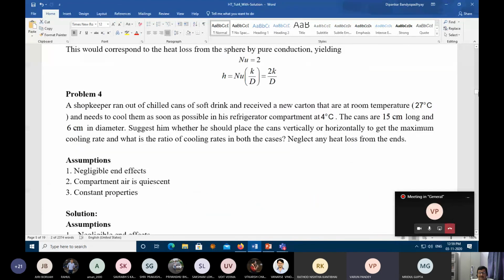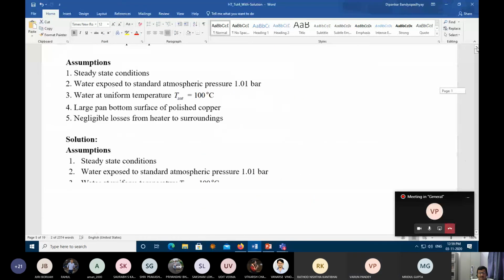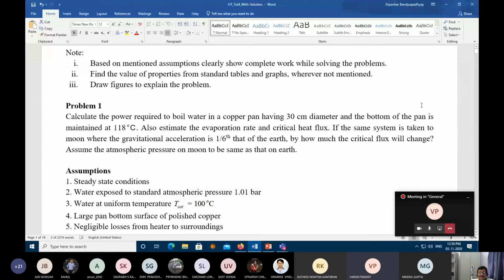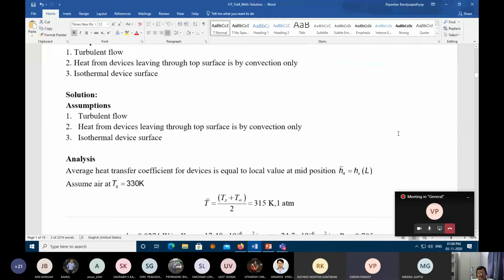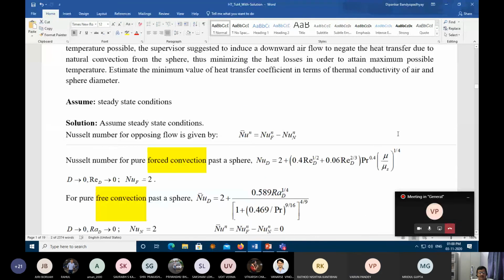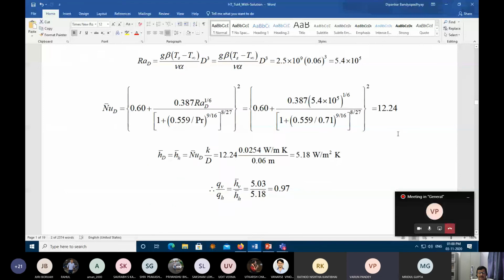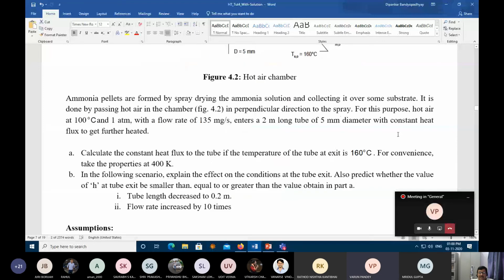Okay, so I think we have done 5 problems out of 12 problems in this class. We have chosen one forced convection, one free convection, one with forced and free convection, and one with boiling. I was attempting another problem in condensation, but it's okay. Condensation problem will be very similar to boiling. So we finish the class today, and the quiz is on 7th and 8th. So you will receive the schedule. There is no class on Friday.